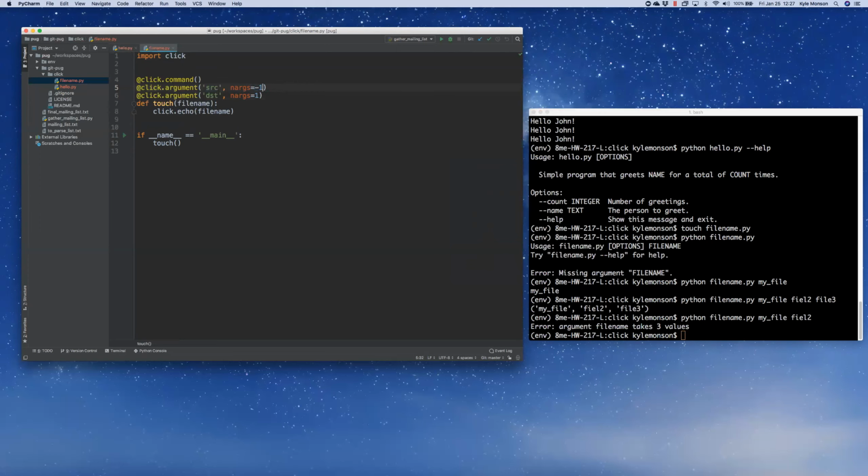So what this will do is it will allow us to specify, it'll basically take all of the source arguments, or all of the arguments, and assume that they're part of source until there's one left, and then that goes into destination. So let's see. DST and